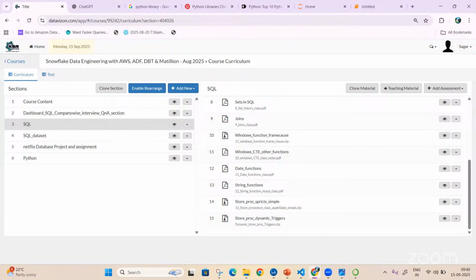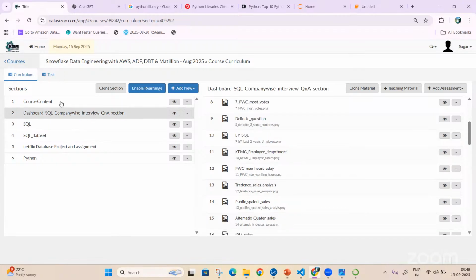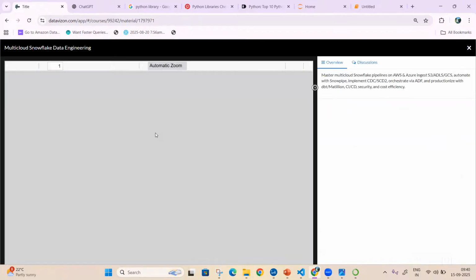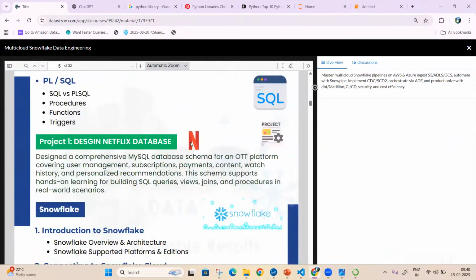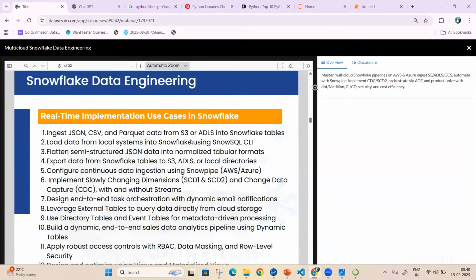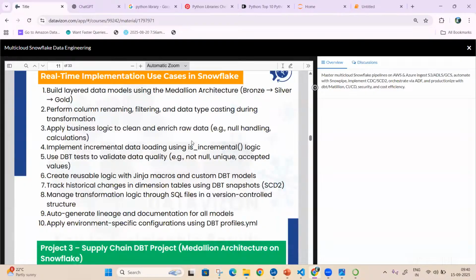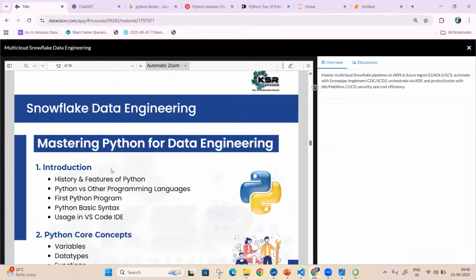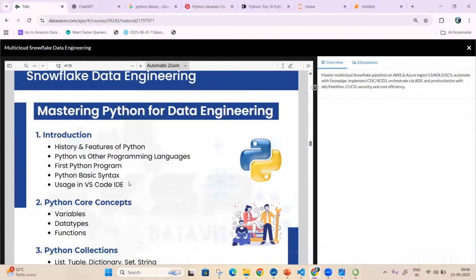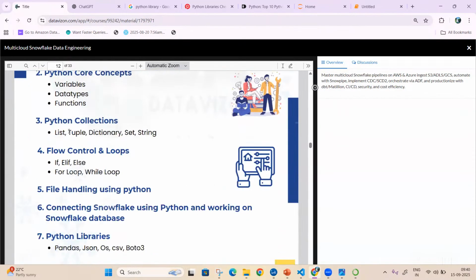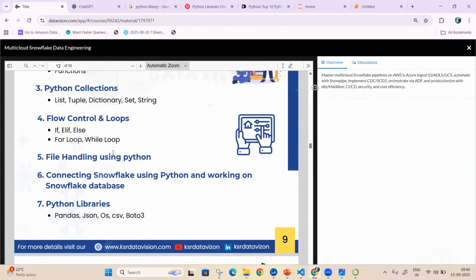High level. And sir, last question: in Python, do we cover exploratory data analytics? No. Pandas, NumPy. Okay. No. I'll be showing what all things will be covered in Python. That is not required as a data engineer. Exploratory analysis and all you need as a data scientist or data analyst. What will be covered in Python: we'll be starting with the introduction. Now we have started Python. What is Python? Usage of VS Code and all, variables, data types. And then I'll be using inbuilt data structures like list, tuple, string and all. Then looping. Then how to handle Python.